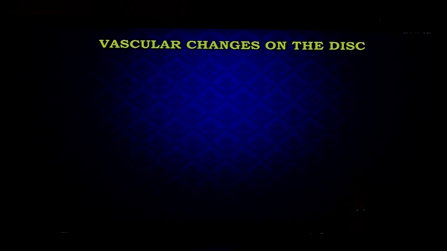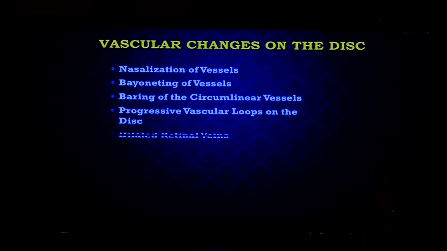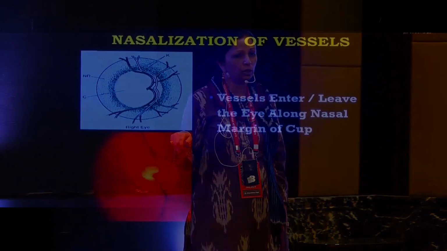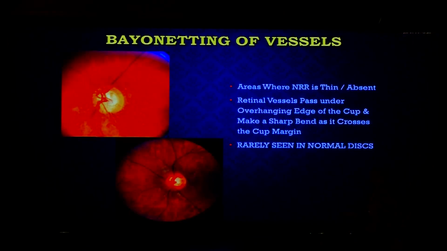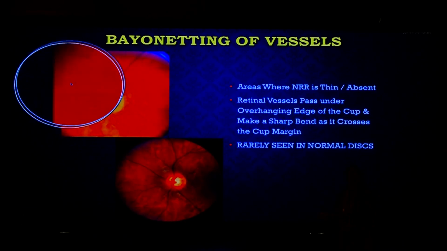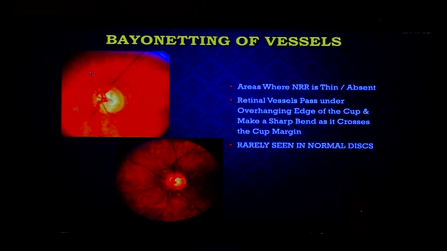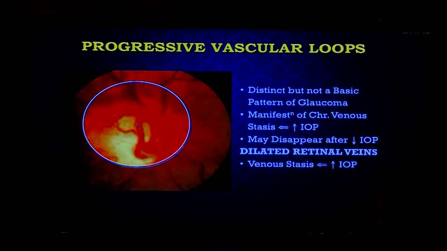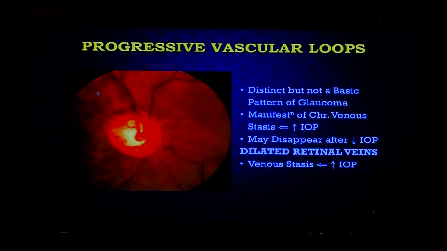So moving on to vascular changes on the disc. You have a whole lot of vascular changes which you can see on the disc. Not all of them are always pathognomonic, and not always can you see all of them, but what you can really see is nasalization of the vessels if you notice carefully, and you also see the bayoneting. The bayoneting, the blood vessel dipping at the cup margin, is called bayoneting, and it could really raise a suspicion. Then you have the progressive vascular loops that you see around here, but of course they could actually disappear